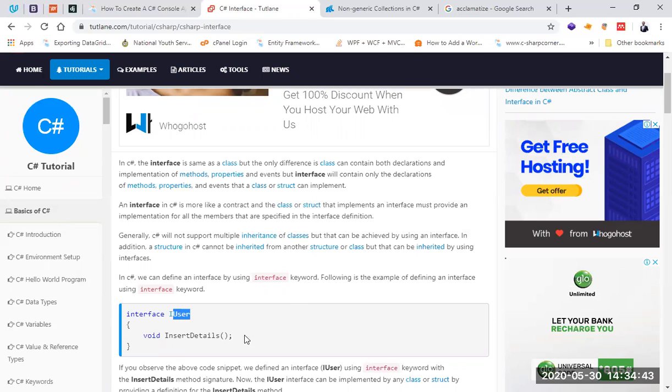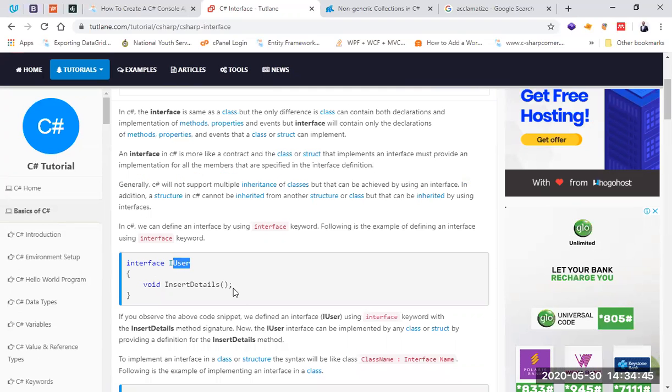So what the interface does is you can define some important methods, some important fields that any class that inherits that interface must implement. Let me reframe. The concept of interface is just like a class, but when you inherit an interface, you must implement all the methods and all the fields that have been declared inside the interface. So take for example,